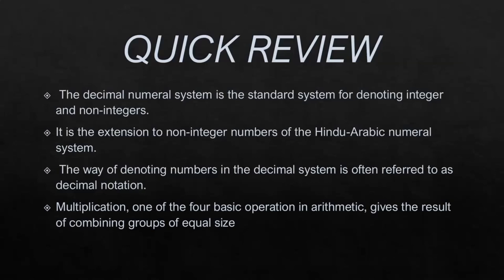You can see that 4 plus 4 plus 4 is equal to 12. We write that in the multiplication way as 4 into 3, because 4 is added 3 times. So instead of that, we just came into a multiplication process as 4 into 3 gives you 12. There we are adding numbers of equal sizes. We don't say that 5 plus 3 plus 2 is 5 into 3. No. If 5 is added 3 times, then we can say 5 multiplied by 3, or 5 times 3, is 15. So that is the definition I just put over here. This is a quick review part. Nothing is new, you know everything, right?